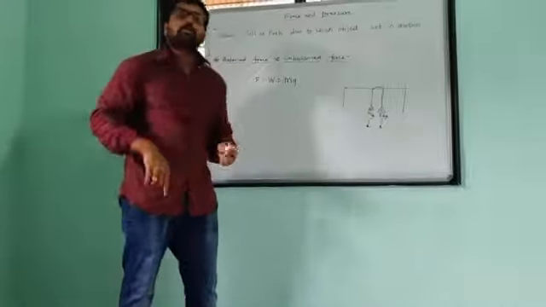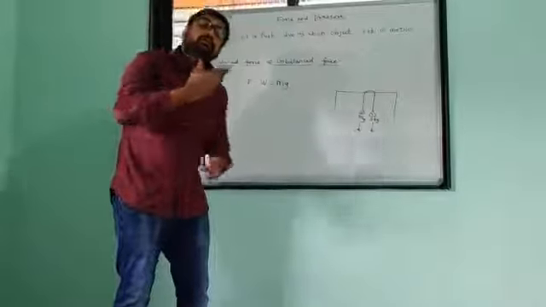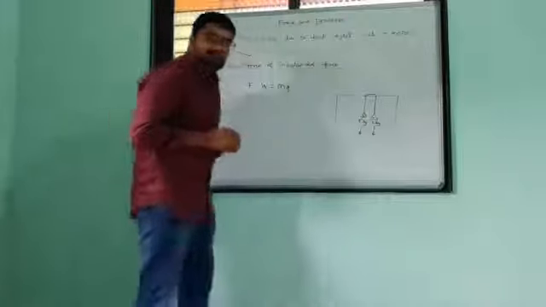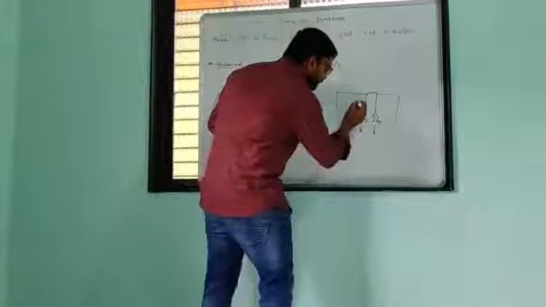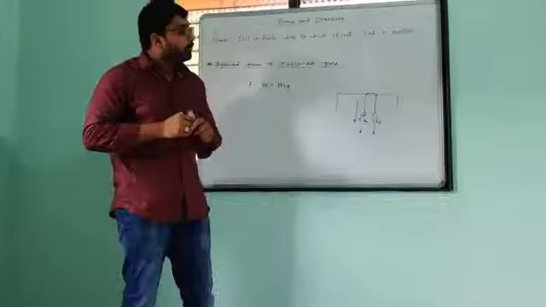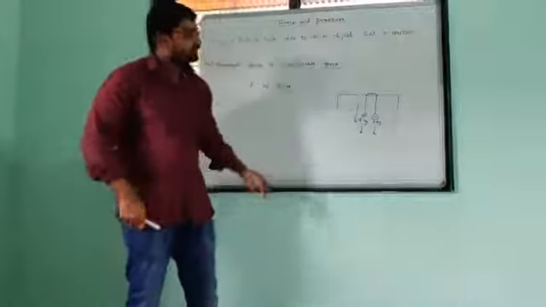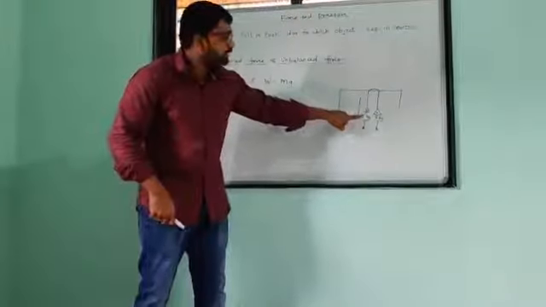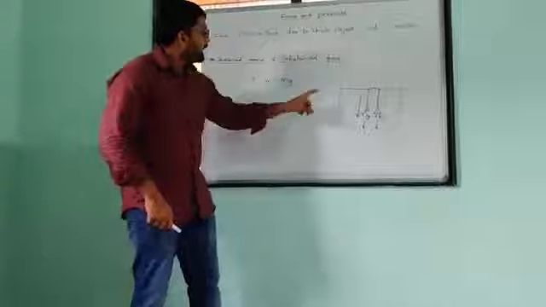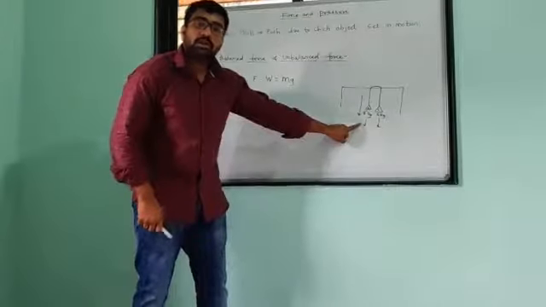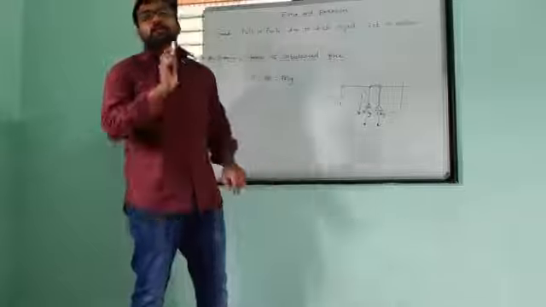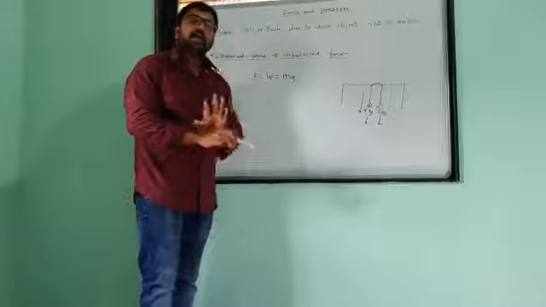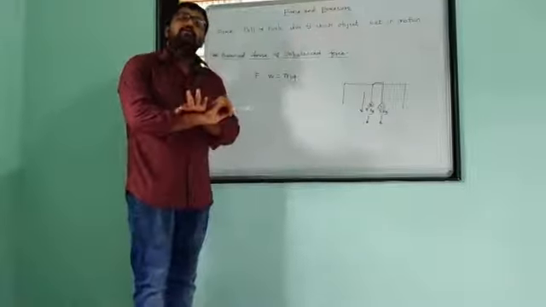So for that what do we have to do? We have to apply some more force. If I apply 6 kg here, then what happens? This string will move downward. Means motion in this string takes place when I put some extra mass here. That simply means when we apply extra force over one end of a string. From that we have to study that when we apply balanced forces, we cannot move an